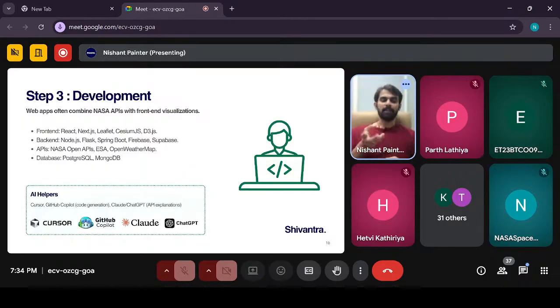The next thing is the backend. This is where some processing occurs. Let's say on the web application, you have selected a filter saying I want the data for the last 7 days.